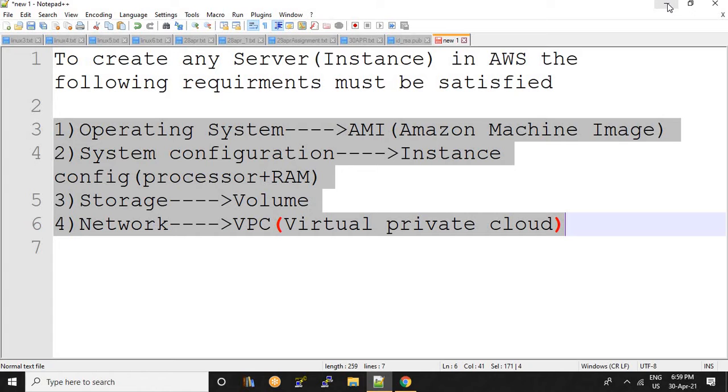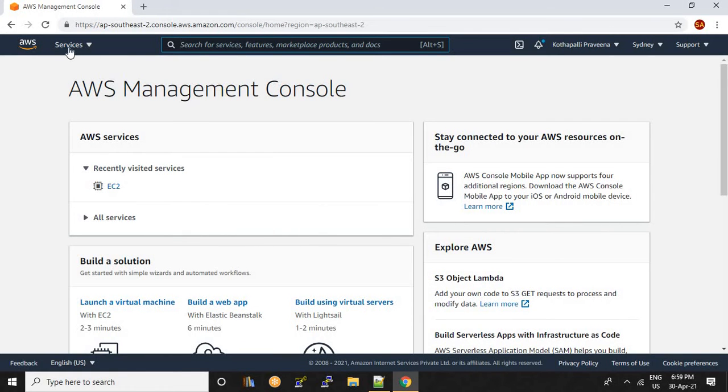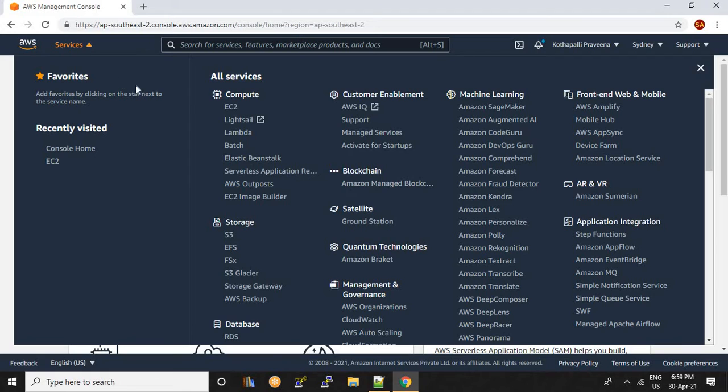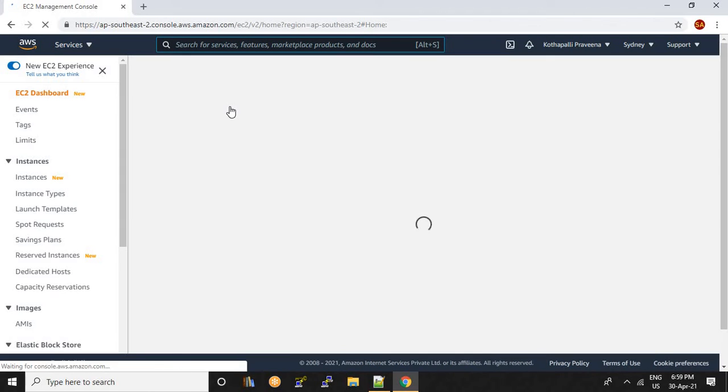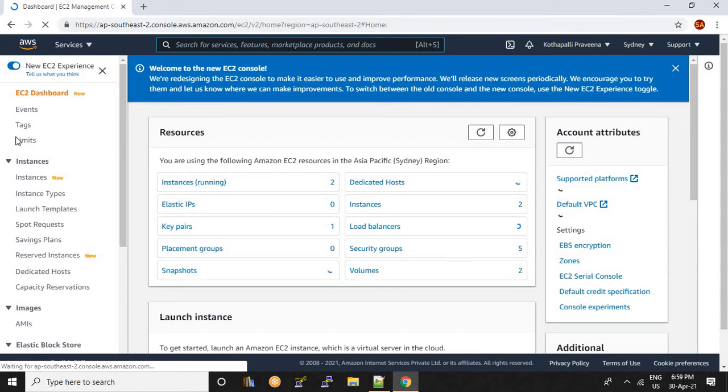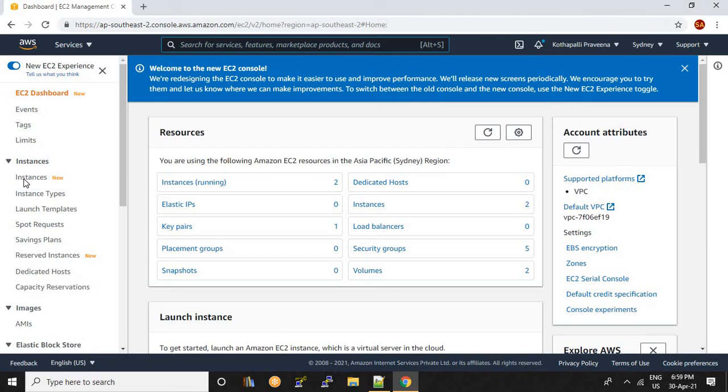So we can see now how to launch an instance. Please log into the AWS account with your credentials, click on services and then click on EC2. Click on instances.